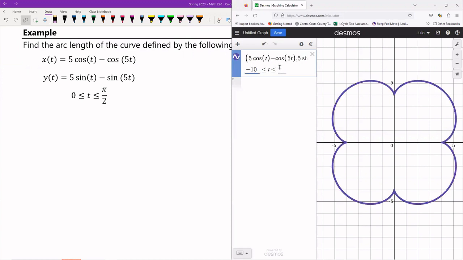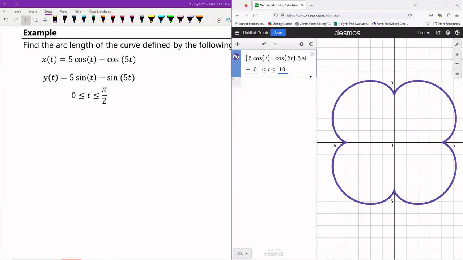Negative 10. Actually, let me do negative 10 to 10, just so you guys see what this thing is doing, really. So the graph of this thing is this 4-leaf clover looking thing. Hopefully you guys see it. And the whole entire graph, right,